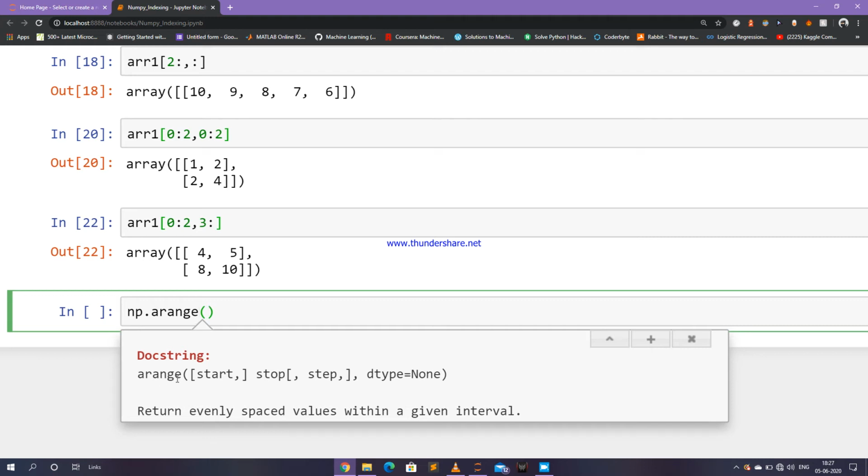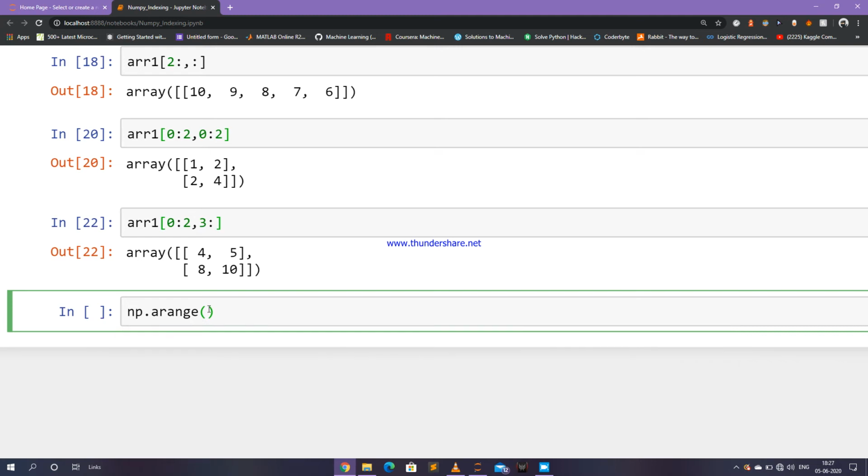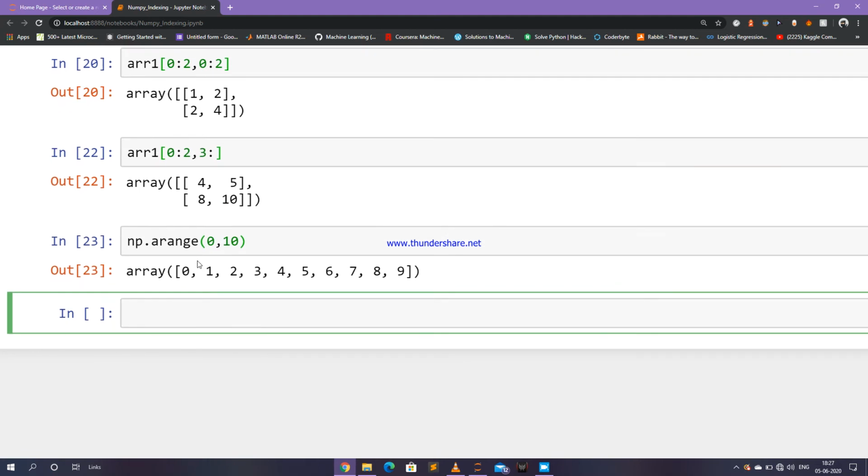So let me just firstly work with the starting point and the stop point. We'll just say that the starting point would be 0, what is the starting number, and what's the ending number. It's 10. So if I run this command, we'll see that the arange function has successfully created a new single dimensional array which is running from the 0th index to the 9th index,